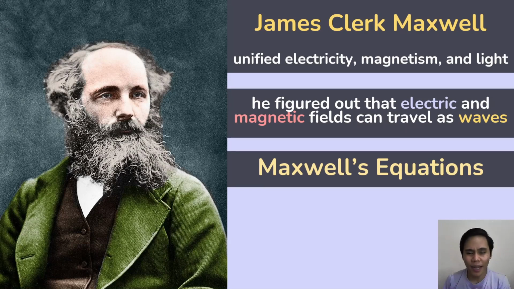James Clerk Maxwell, whom we already discussed when we covered electromagnetic waves, unified electricity, magnetism, and light, and that's how we know that light is in fact an electromagnetic wave. So all evidence points to light being a wave, and that's how it went for a long period of time